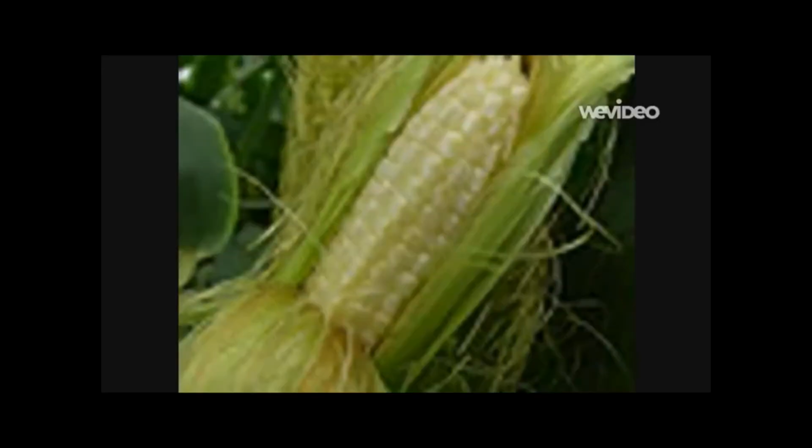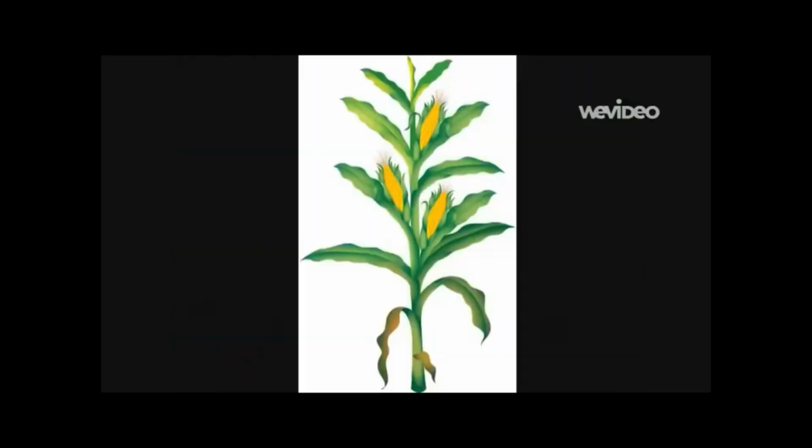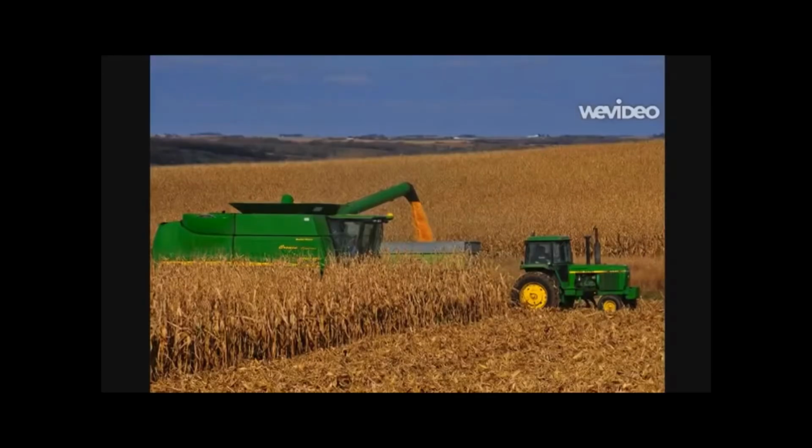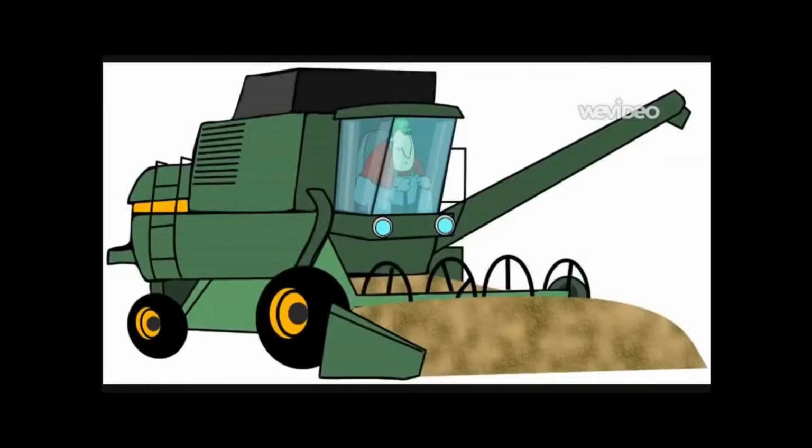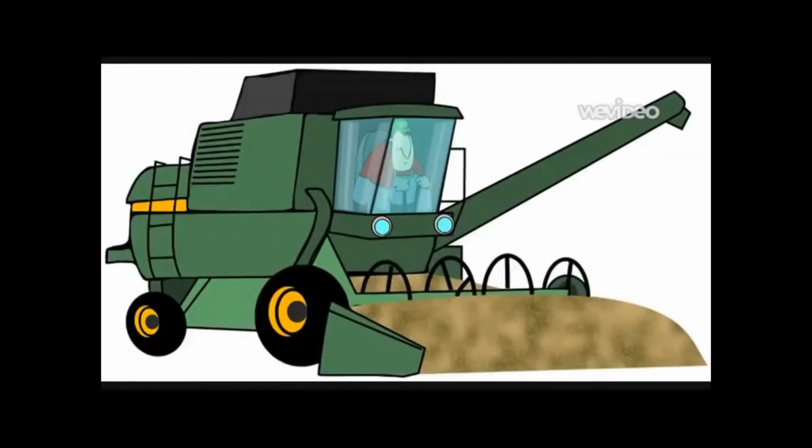Once pollination takes place, the kernels begin to develop on each cob, helping each corn plant produce 1 to 2 ears of corn. The next step in the process of growing corn is to harvest it. Harvesting usually takes place in mid-September or early October. Combines, such as this one, are used to harvest corn by stripping the husks of each ear and the kernels